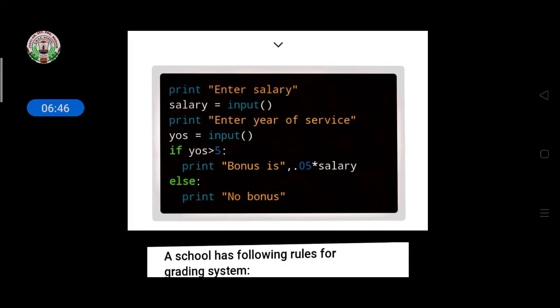Here we took input for the salary and YOS, which means years of service. Then you give the condition: if years of service is greater than 5, then calculate the salary for a 5% bonus, and if not, then print no bonus.